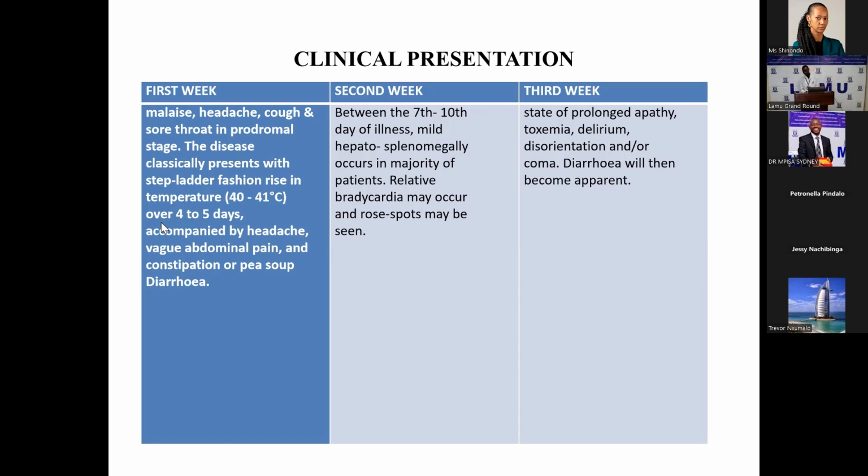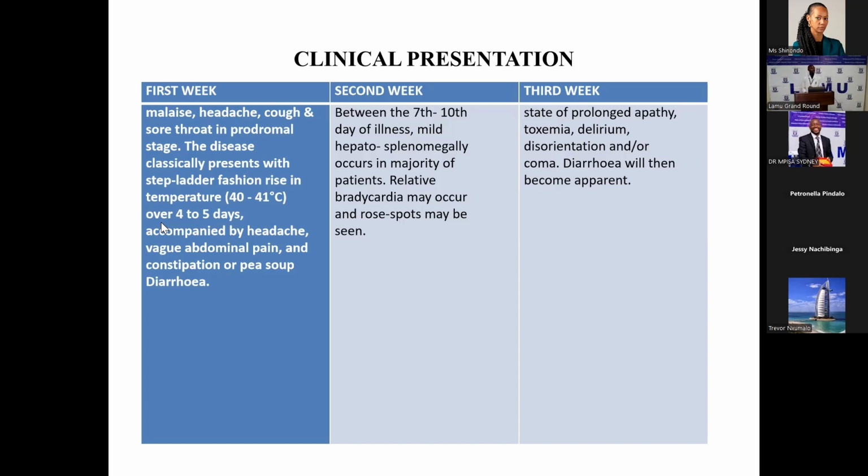Moving on to the second week, we notice that we have hepatosplenomegaly on that diagram. This is when the bacteria moved to various parts of the body. When they invaded the liver and the spleen, they cause cell infiltration and subsequent enlargement of these organs. In the second week, we also notice relative bradycardia, otherwise also known as the Faget sign. How does it come about? The endotoxins affect the autonomic regulation, hence leading to a slower heart rate than is actually expected for the fever